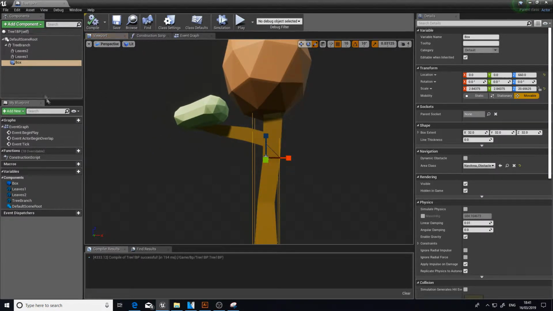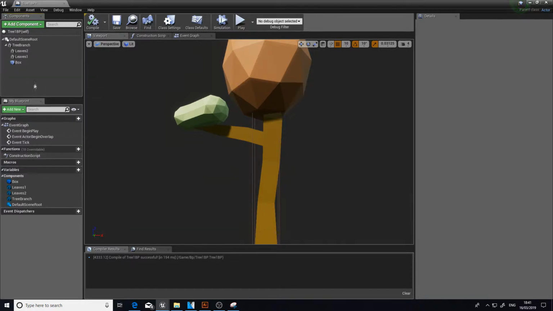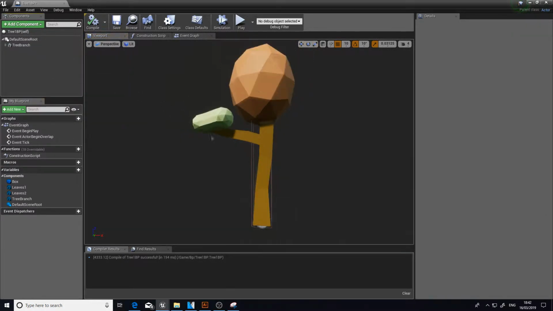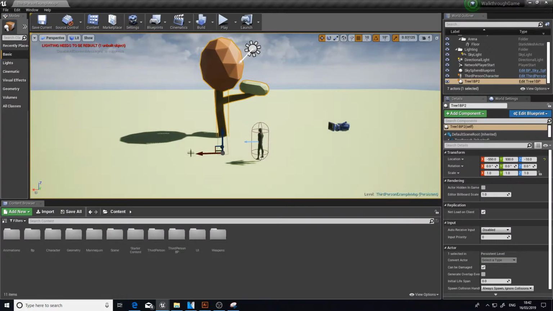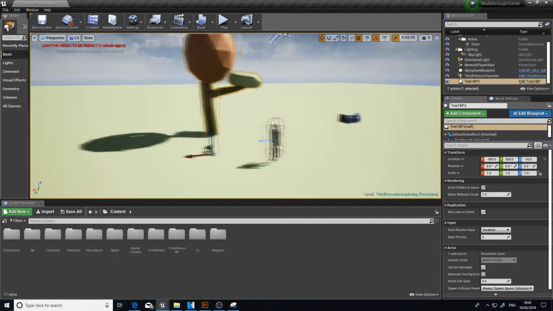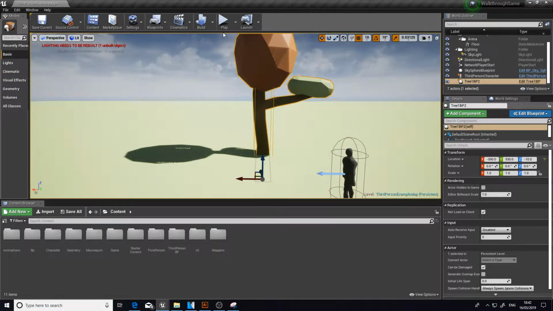So we can compile that. We've got a box collider in there, and that's looking good. So we can get rid of that. And now to get the tree